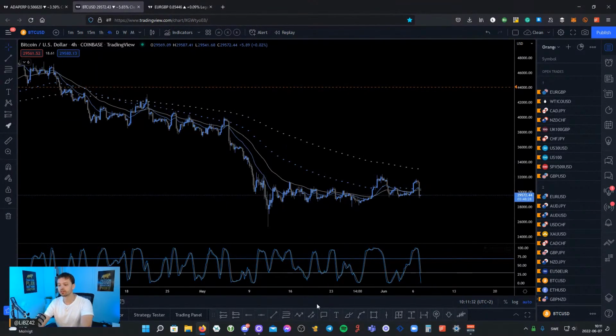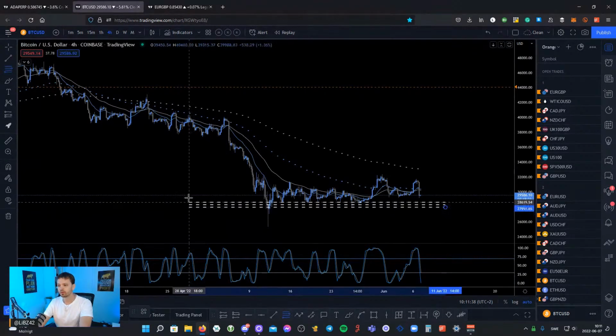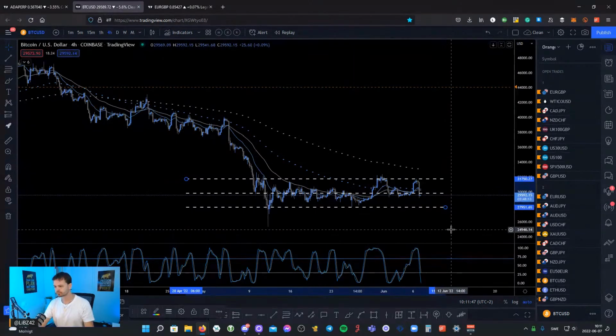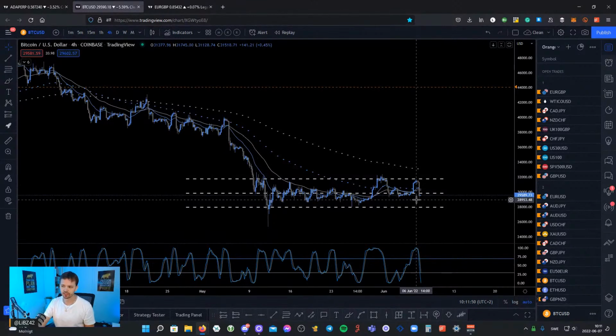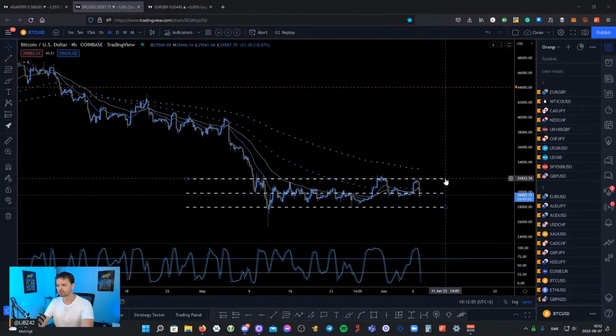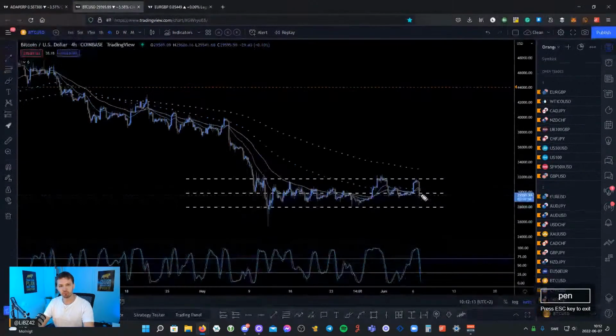So what we need to remember is that we're still in a range, right? Let's not make it too complicated here. We're in a range, and right now we're trading around the middle of the range for Bitcoin. I also like the fact that the longer we stay inside this range, the closer the daily 50 EMA is going to come to the highs of this range. The highs of this range are around 32,000, and if the daily 50 EMA can come down here, and we then have a breakout of this range